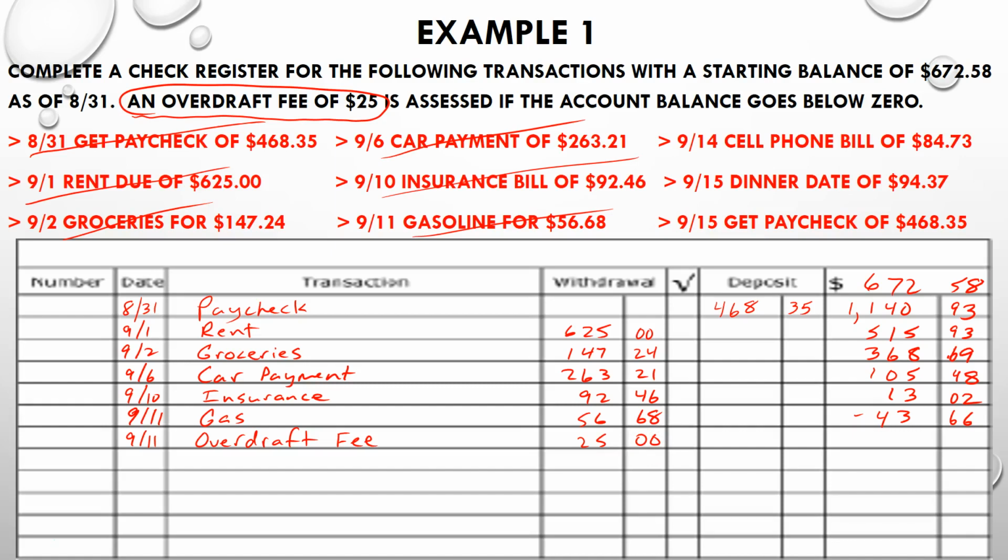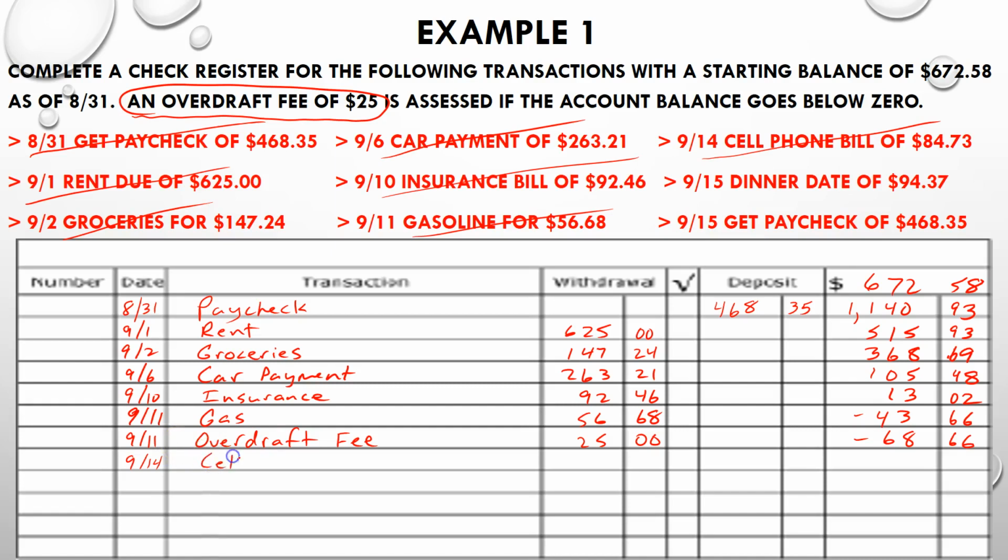All right? So now you're even further into the negative. You have negative $68.68. All right, so right now you owe the bank $68.66. All right, now the next day you have even more money coming out of the account. Maybe you wrote a check a couple days ago and you weren't paying attention to how much you had in your account. So on 9/14, you write another check, and you already are in the negative, but now